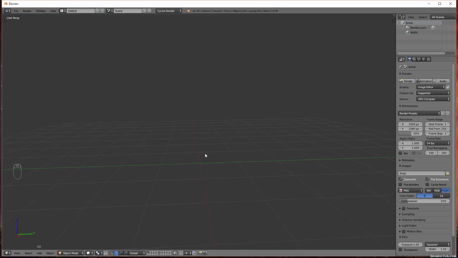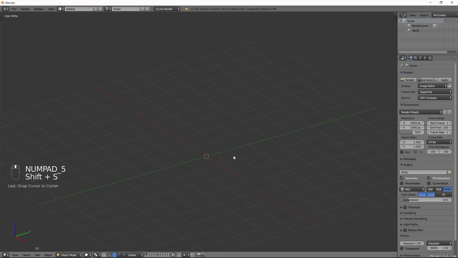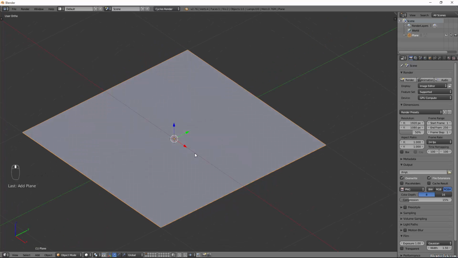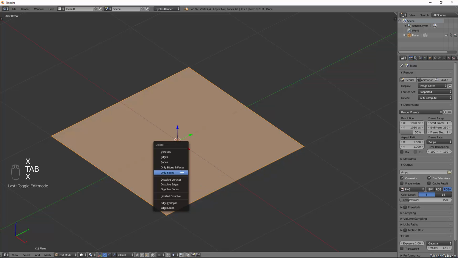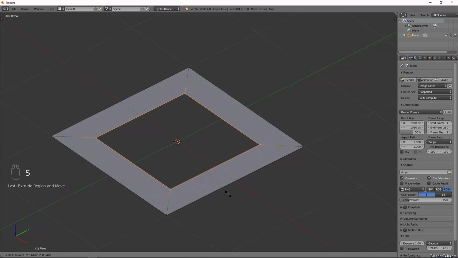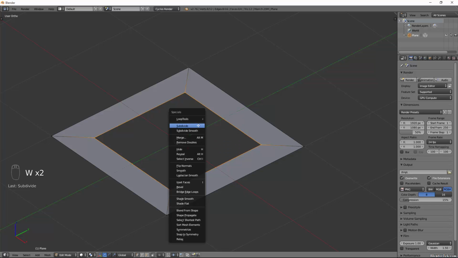So with a fresh blank Blender canvas at our disposal, let's hit numpad 5 for orthographic, Shift S, cursor to center. Let's add a mesh plane. And let's tab into edit mode and delete only faces, and then select all the 4 verts again, and let's extrude, right click, scale, and let's scale about 0.66, and then let's subdivide it once, twice, and then let's debut Loop Tools